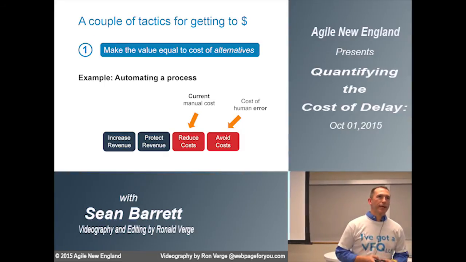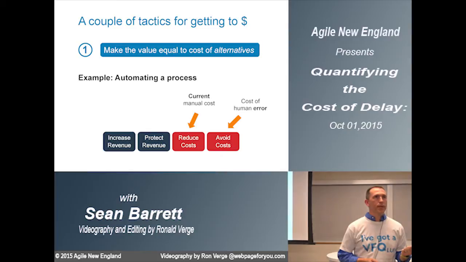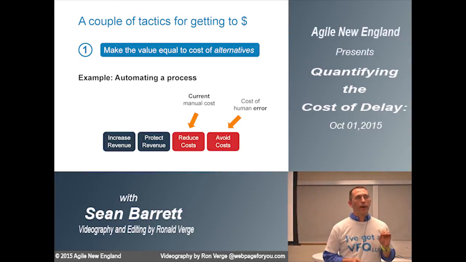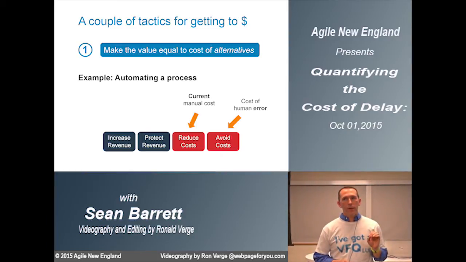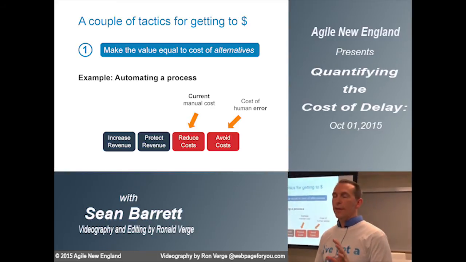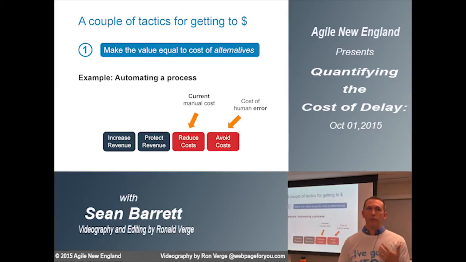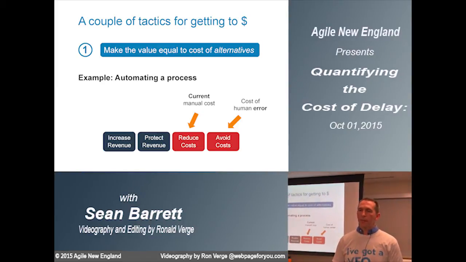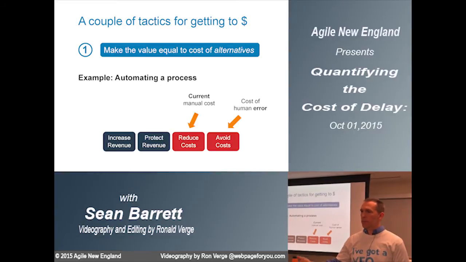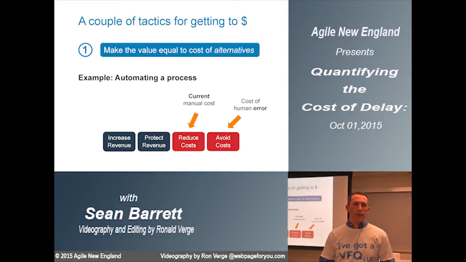A couple of tactics for getting to that value. One, automating a process: we could think of making the estimate of the value equal to the cost of the alternative. So in terms of automating a process, if we were to pay someone money to do a job every day, and the alternative was to create an automated system that would do that job, we think